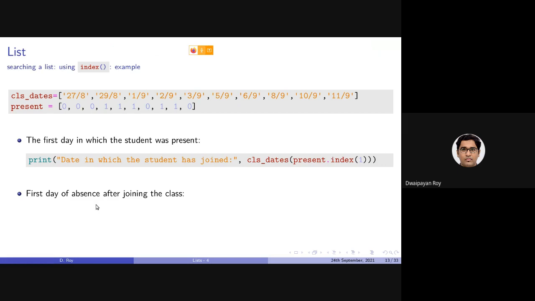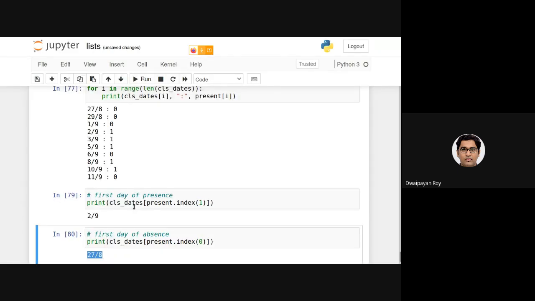But what if I want to check the first day of absence after joining the class? Say he joined on the 2nd of September. After that, I want the first day on which he was absent. So we need to look for the 0 starting from this location. We need to store this somewhere, so let's store it in a variable, first present.